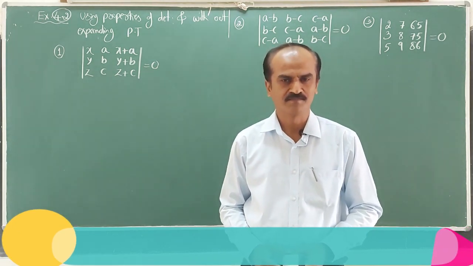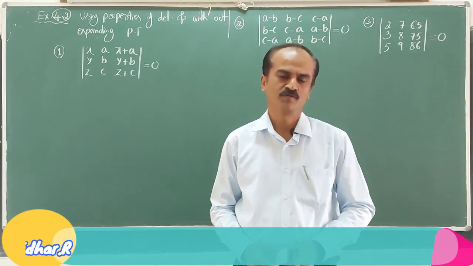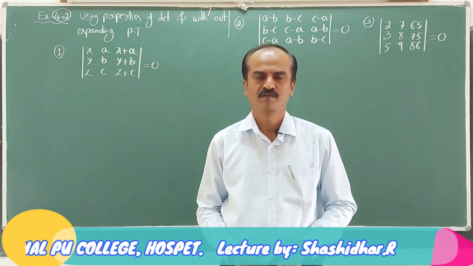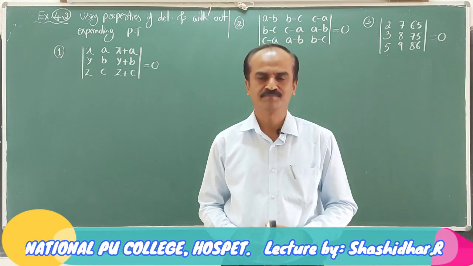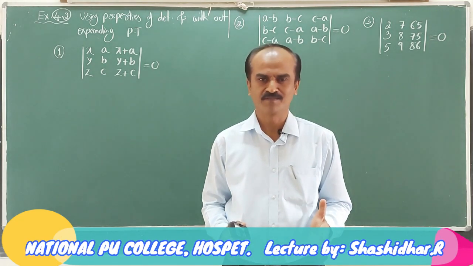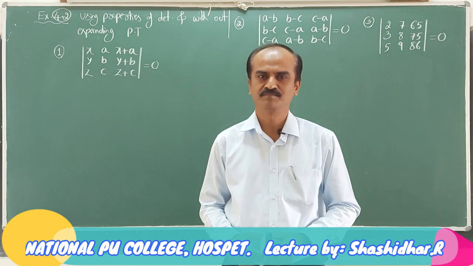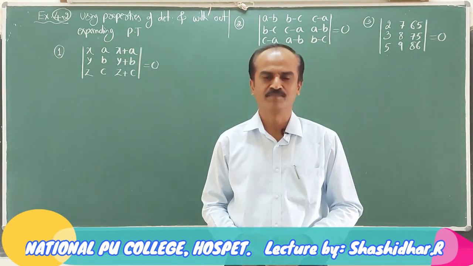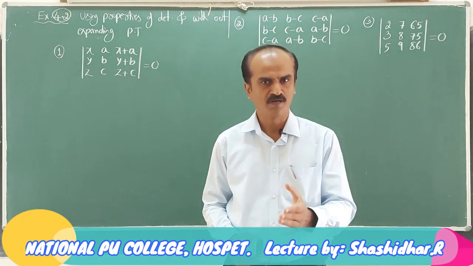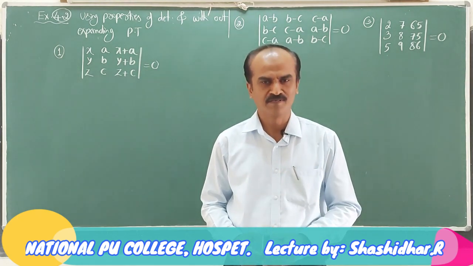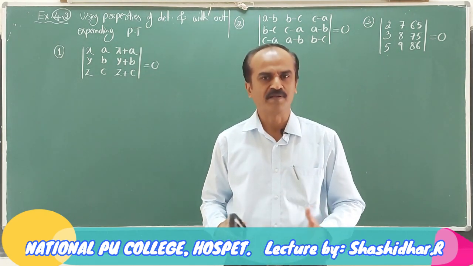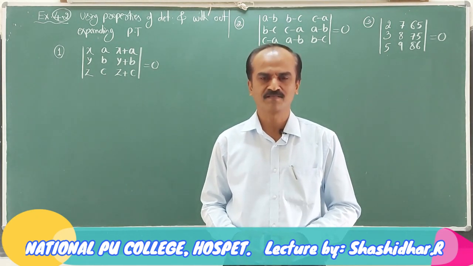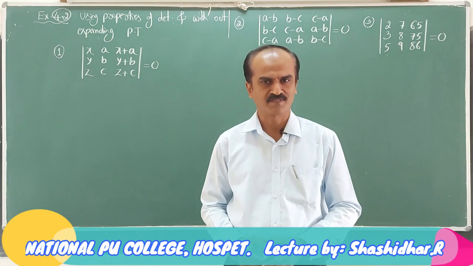In this session, we will solve exercise 4.2. We have already learnt what a determinant of a square matrix is, how to find the value of a determinant of order 2 and order 3, and we also discussed the properties of determinants. Now we will try to make use of the properties in order to solve the examples. Here